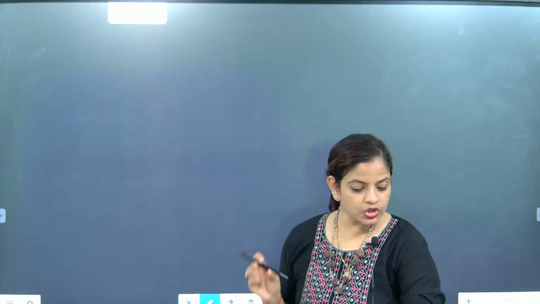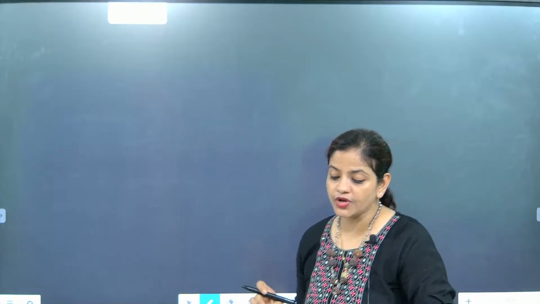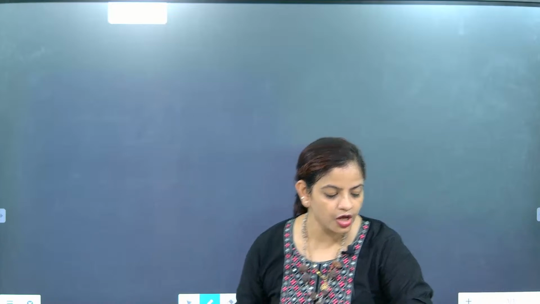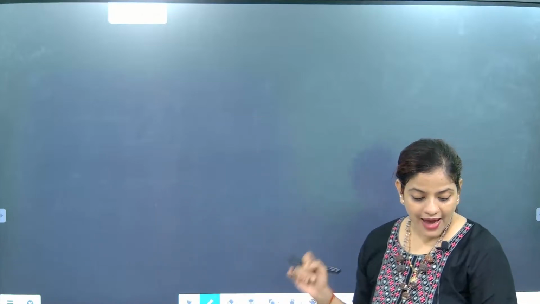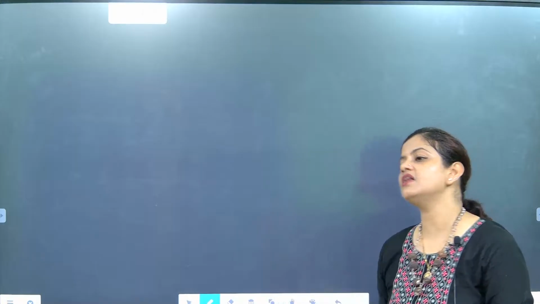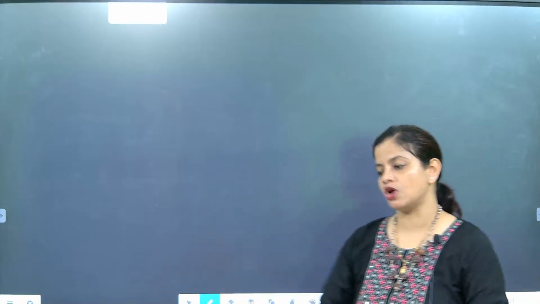Now look here, beta. Basic proportionality theorem is also known as Thales theorem. Very good, Tarun. Basic proportionality theorem is also known as Thales theorem. Understood? So what is written in this theorem? If a line is drawn parallel to one side of a triangle, write down. If a line is drawn parallel to one side of a triangle,